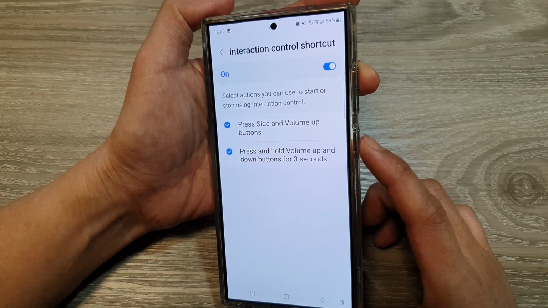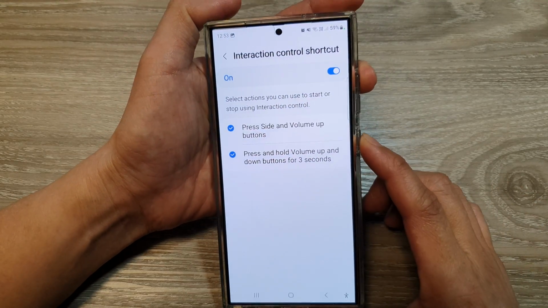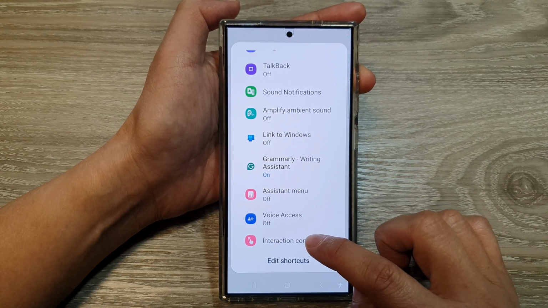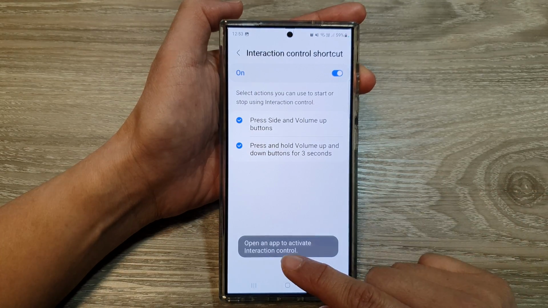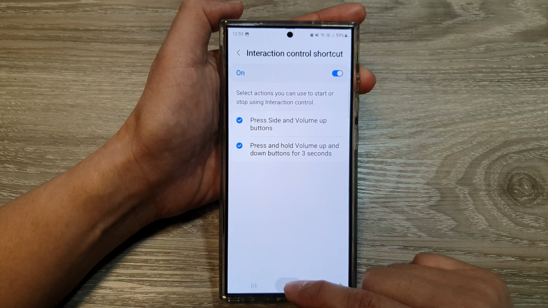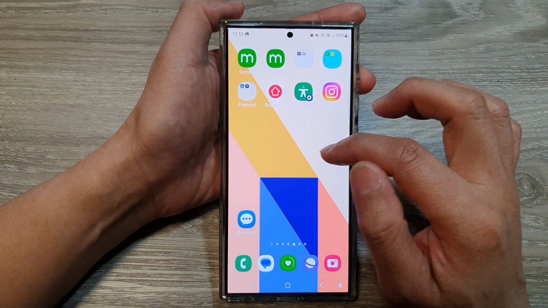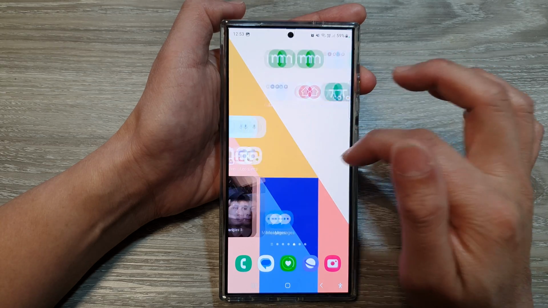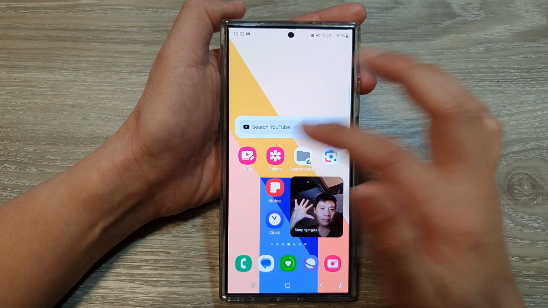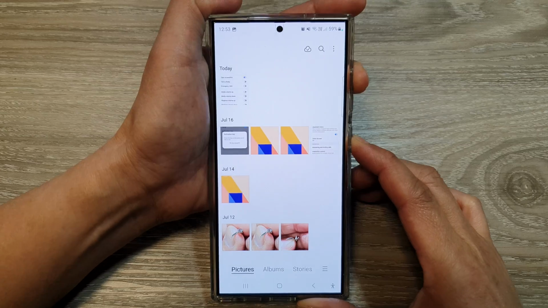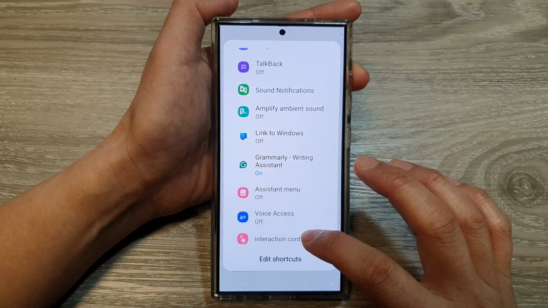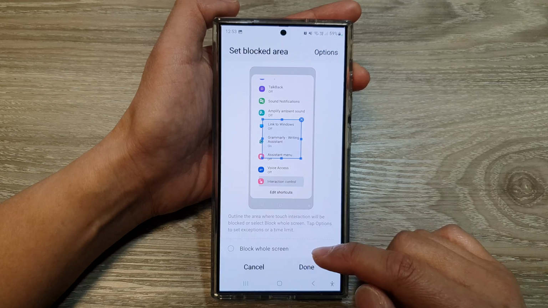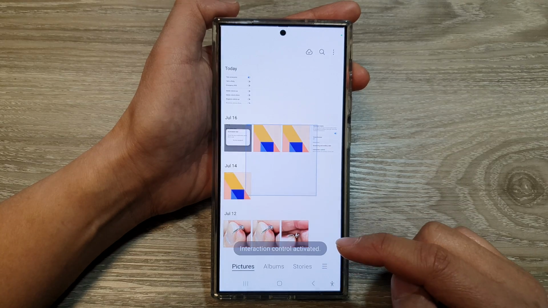So here if I press on the side and volume up button, that will turn on a menu, and here I can turn on interaction control. So here's open an app to activate the interaction control. So for example, if I open up an app, say gallery, here I can press on it and then select interaction control from the menu and then tap on done,